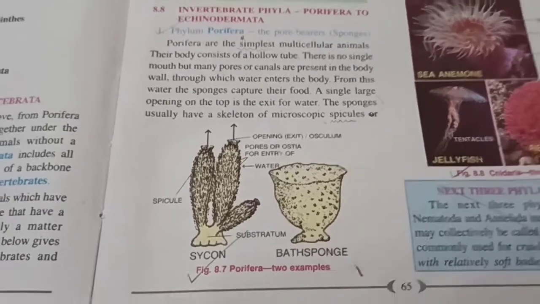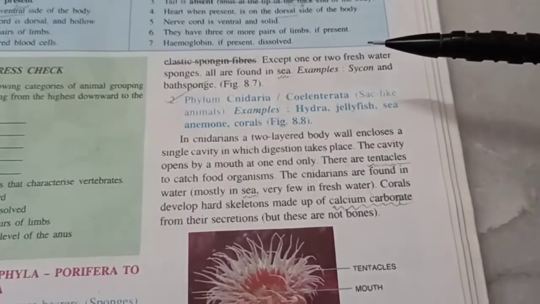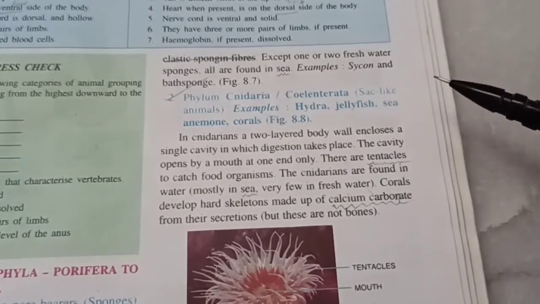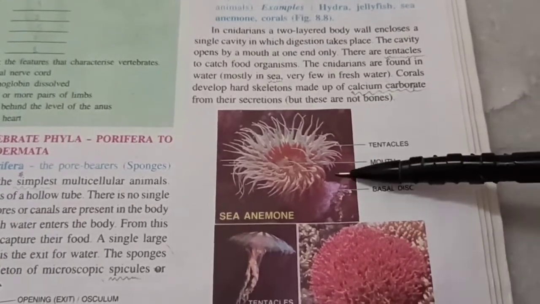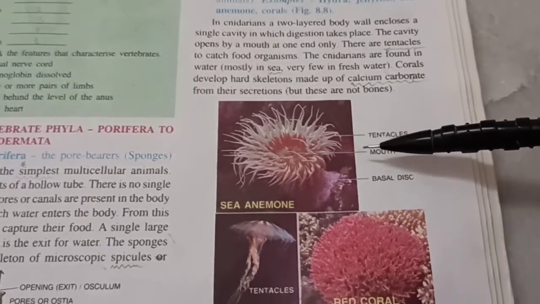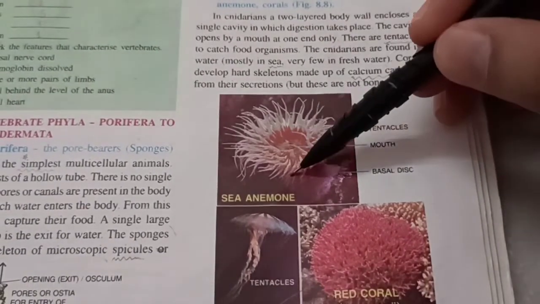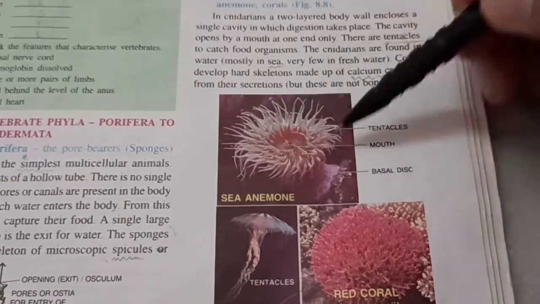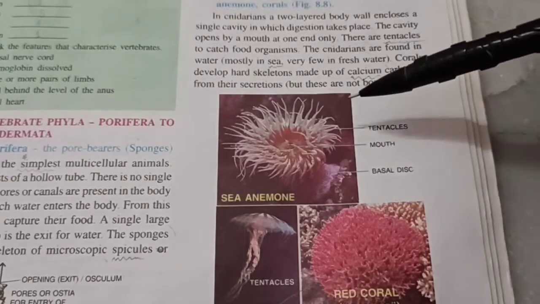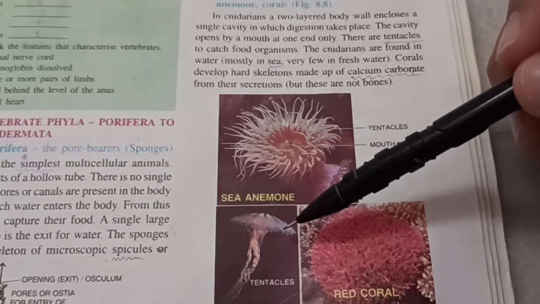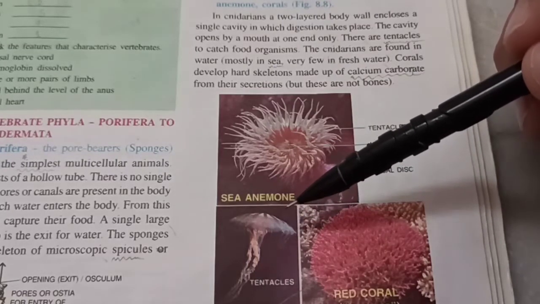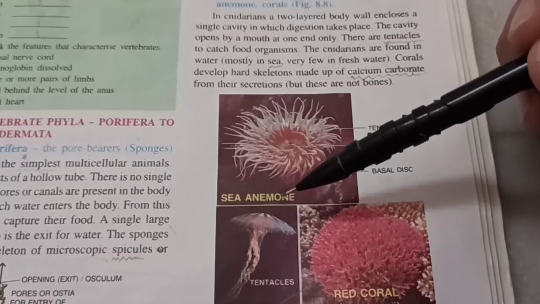Next phylum, the second one, which is a little more advanced, is Cnidaria or Coelenterata. Hydra, jellyfish, sea anemone, corals. What is common in all of them? You can see that they have like a radial symmetry, isn't it? If you draw a diameter anywhere, they will be symmetrical. All of them have tentacles. Yes, jellyfish also has tentacles. No, octopus is not a part of this. That's a different phylum altogether.